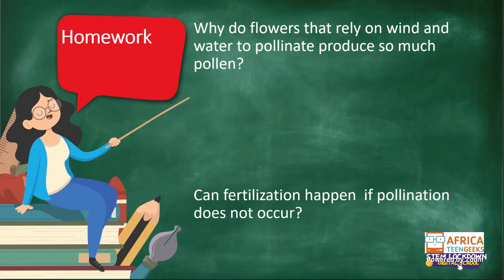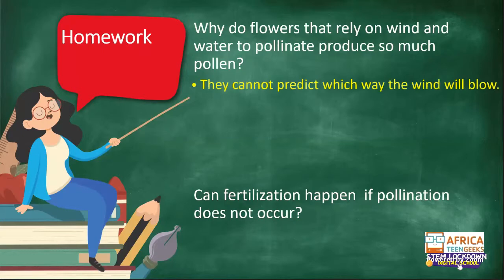Great, Amu. They rely on chance because they don't know that the wind will blow. So when the wind does blow, they need to take the best advantage of that. Okay. Yes, very good. So here, let us go through the way that I've structured the sentence. They cannot predict which way the wind will blow.